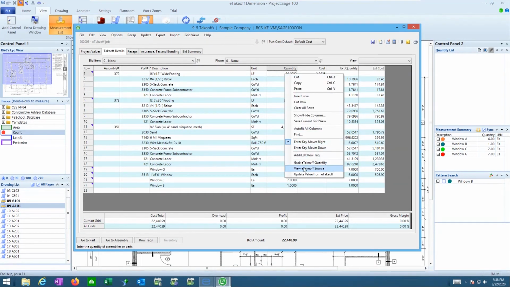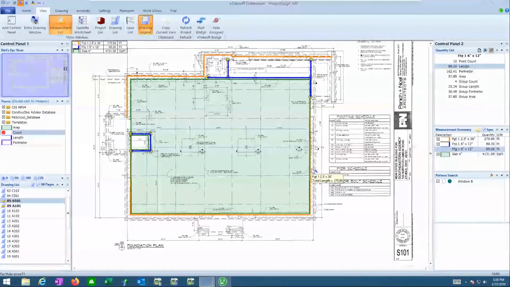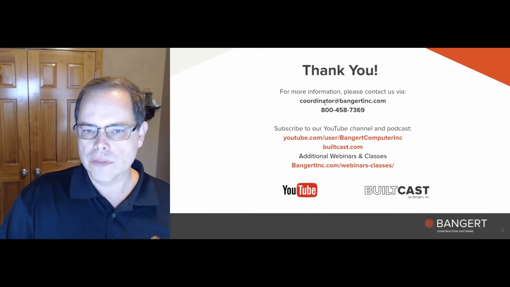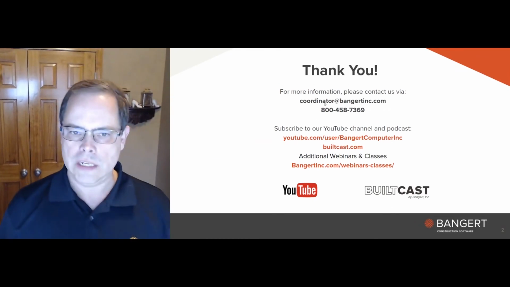If I right-click on it and say, view my eTakeoff source, that would actually open up eTakeoff if it wasn't already, open the project up, and highlight that takeoff with where it came from. So this is a fantastic audit trail to let you go back and see, where did you come up with that? Where did I find that quantity and things of that nature? So very, very powerful audit trail when you go back and get asked questions about where takeoff came from along the way. With that being said, that was basically the Cliff Notes on the eTakeoff 100.